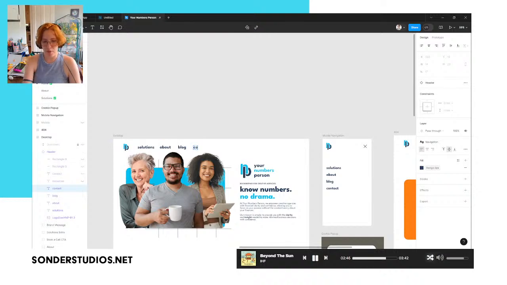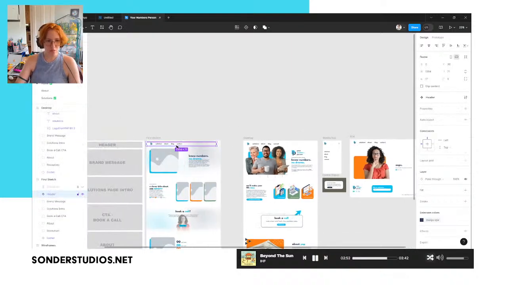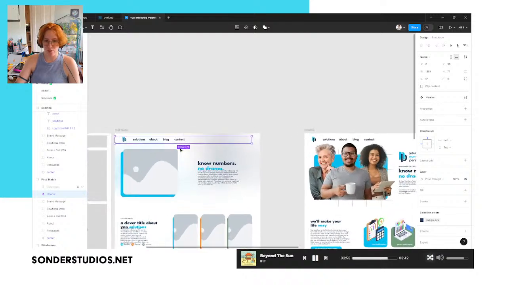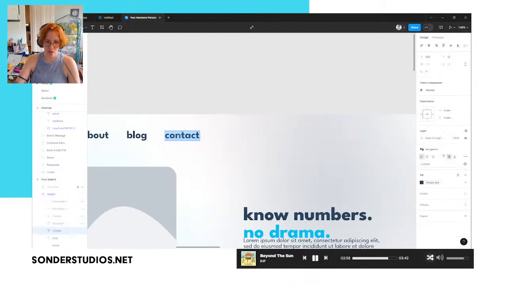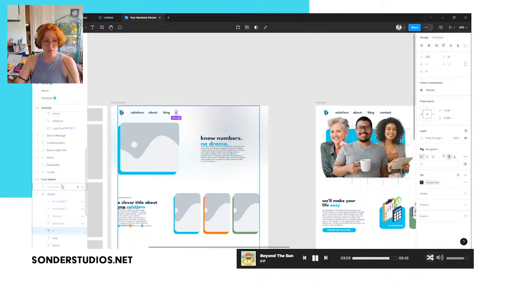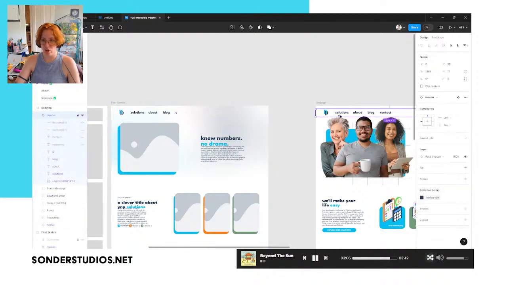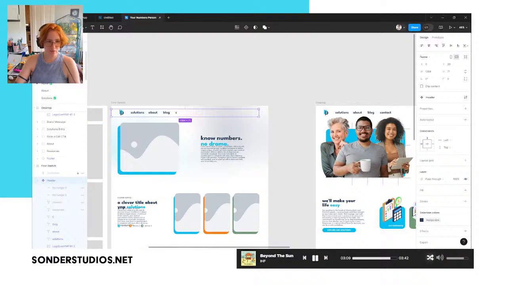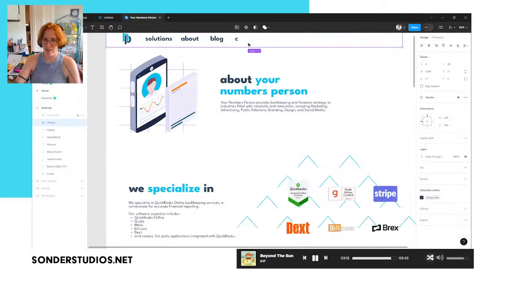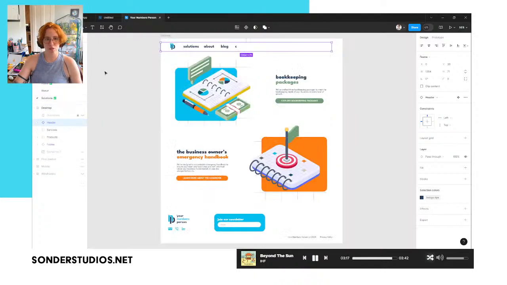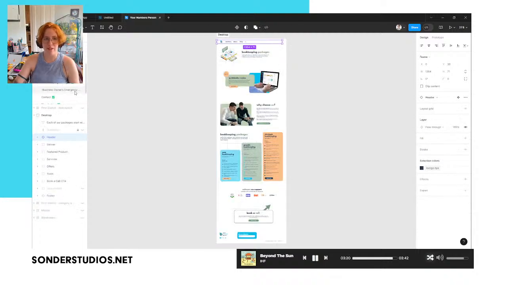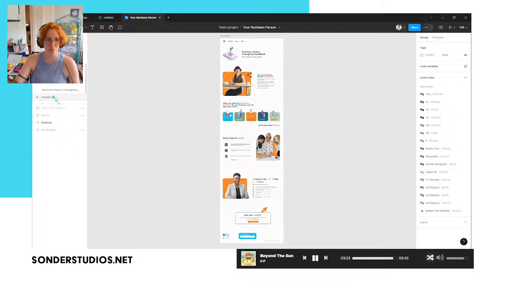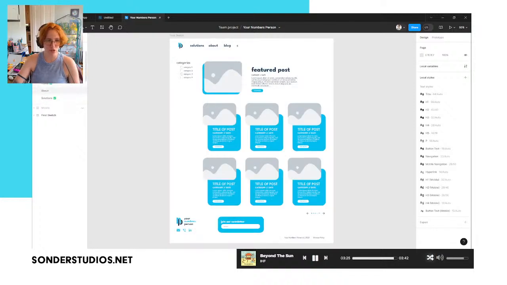Oh, you know what? This is not where I'm keeping my component. See, what I love to do in projects is I love to make things as hard for myself as possible. Here we go. So if I decided all I wanted here was C, and this is the original instance, so it should catch up with everybody else. Haha! Then the About page says, I want what she's having. And so is the Solutions page, and the Bookkeeping Packages page, and the Business Owner's Emergency Handbook page, and the Contact page, and all of the other pages.